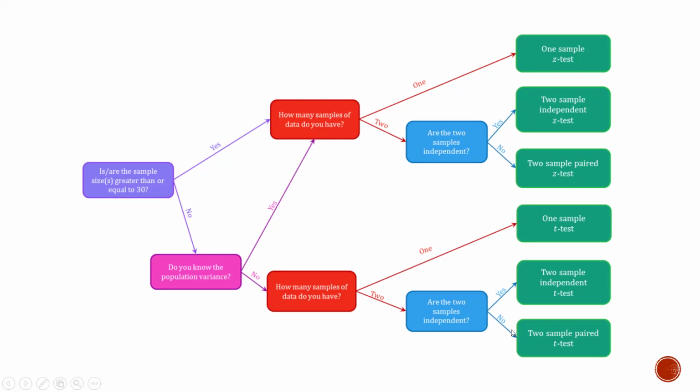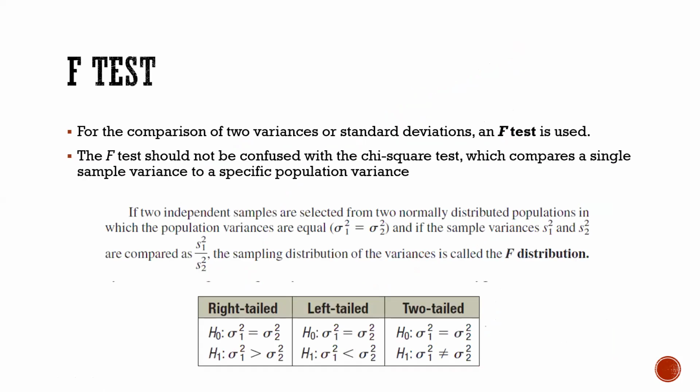And if the samples are dependent, you will go for 2 sample pair t-test. Coming to the F-test, for the comparison of 2 variances or standard deviation, the F-test is used. The F-test should not be confused with the chi-square test, which compares a single sample variance to a specific population